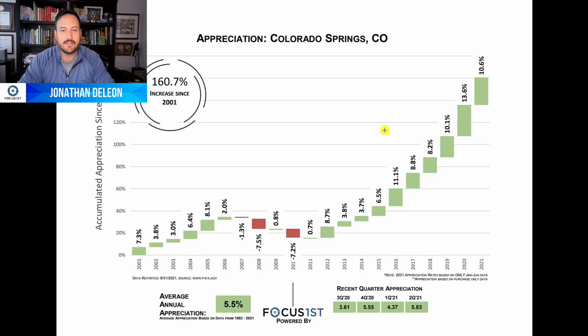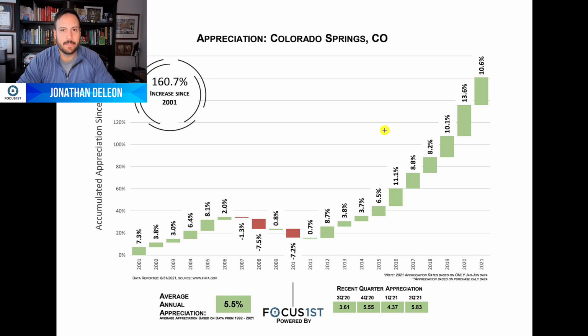The FHFA graphs are a great resource for you to connect with customers and really show the effect of appreciation over time. These are created using the Federal Housing Finance Agency, or FHFA, data, where they track home sales and track resales in particular, and then basically spread the value of the home over the years that it was owned to give a good idea of appreciation in an area